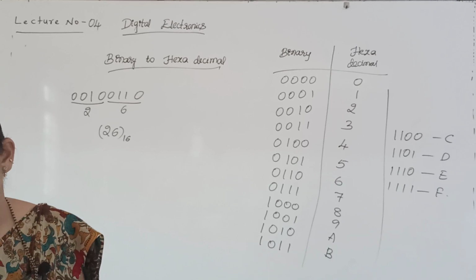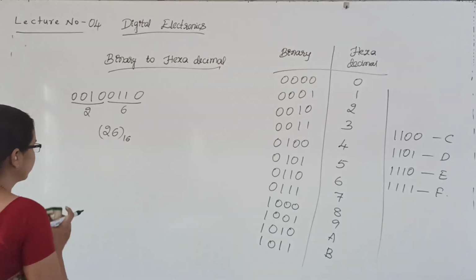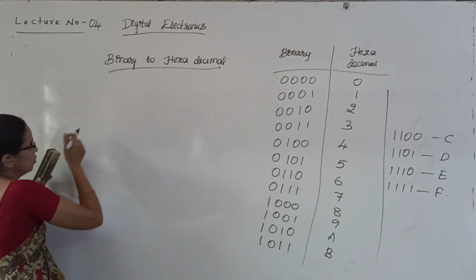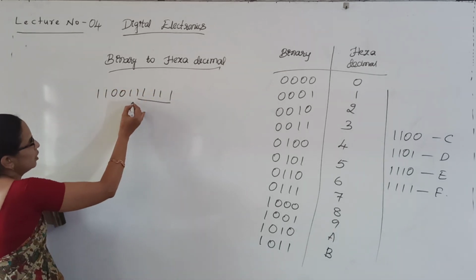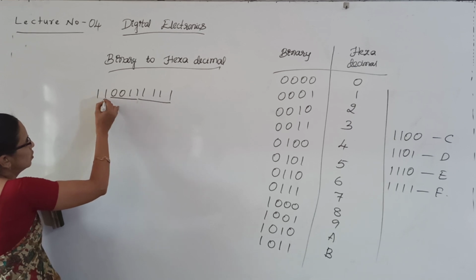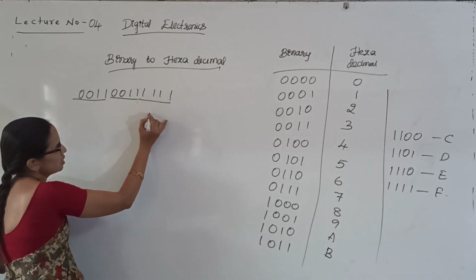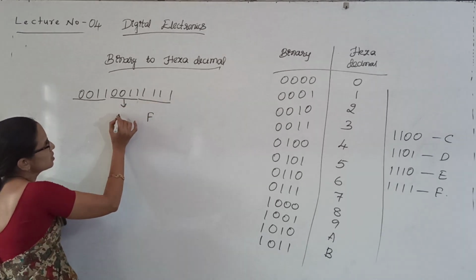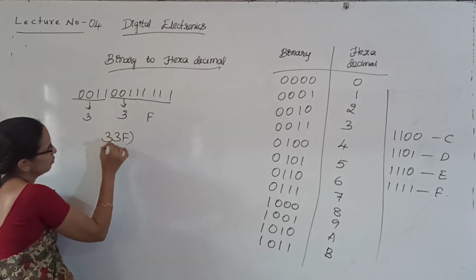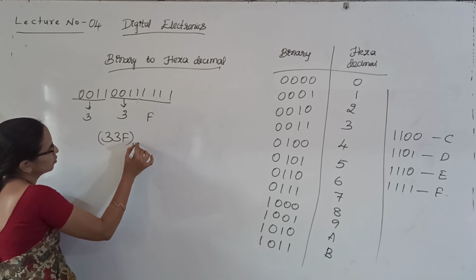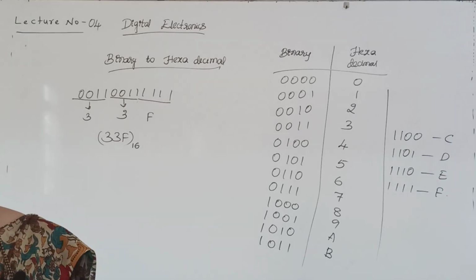Binary to hexadecimal conversion. 1100, 111, 111. Next one is 1100, 111, 111. Again, make a group of 4 bits. 1111 is F, and it is 3, and it is also 3. So that is 3, 3. Okay, I'll do one more problem and others I'll give you as homework.